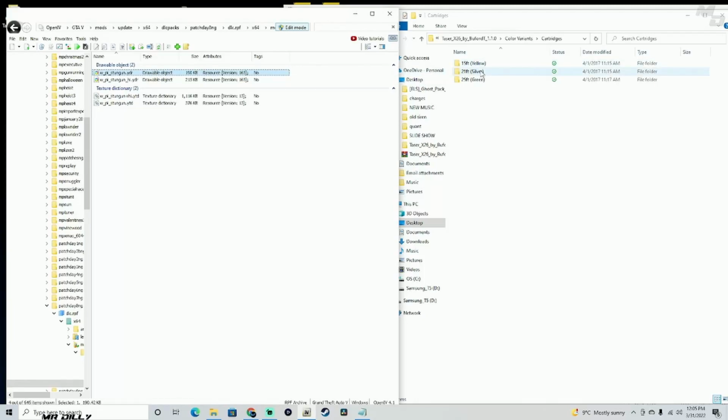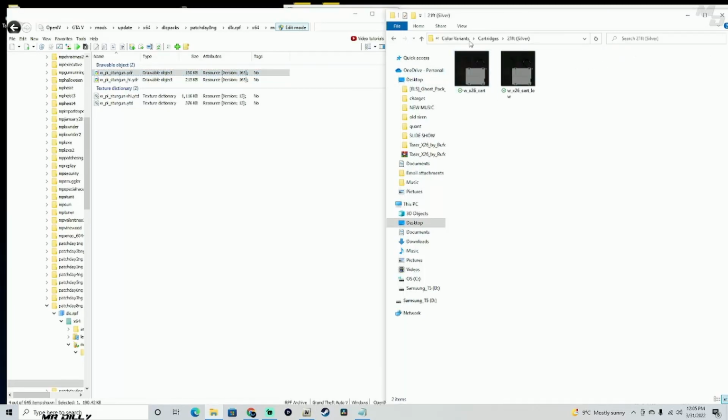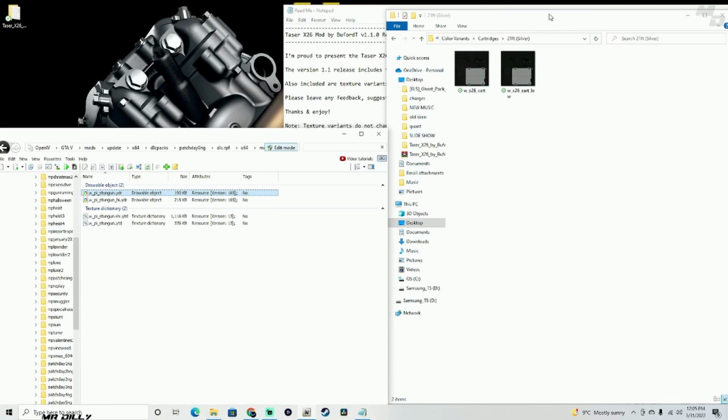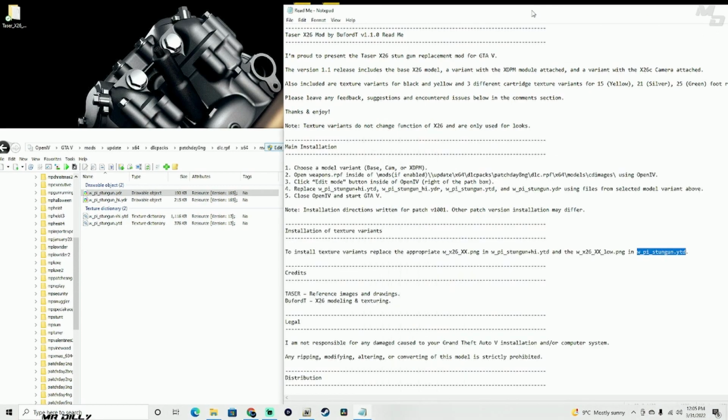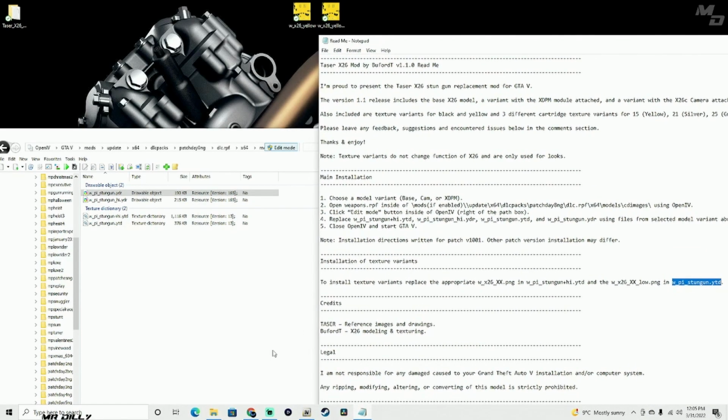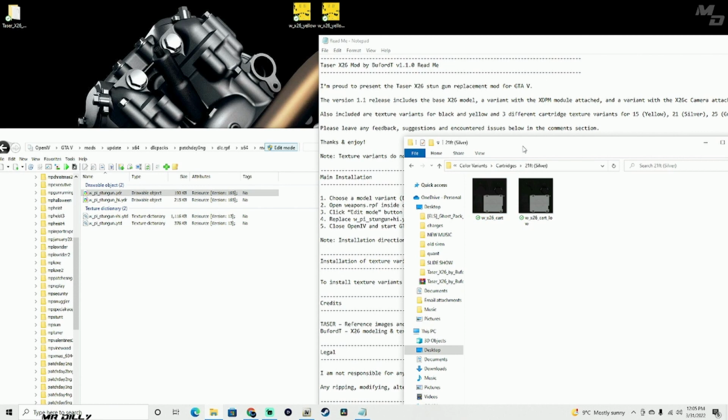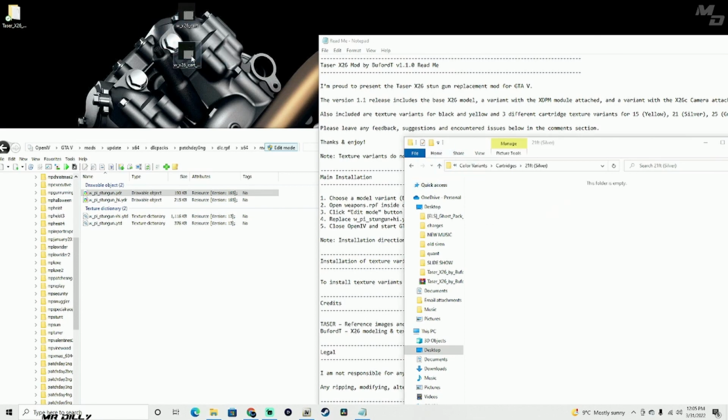Okay, so let's open up the silver one. If you want to install the silver one, the installation is pretty much the same. You know what, let me delete these over here so that I don't make any mistakes. All right, I'm gonna drag and drop both of these two files onto my desktop right here,